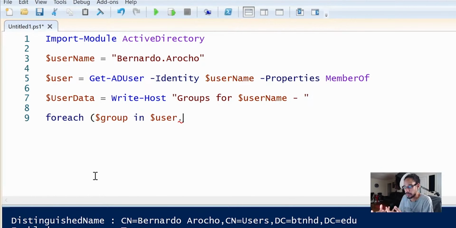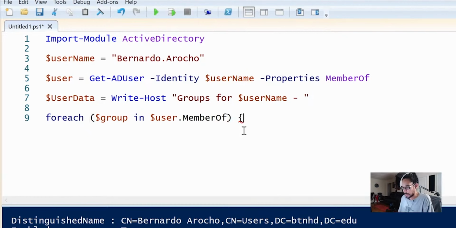For example, Bernardo.Arocho, we grab those properties, but we want to specify what we want within the properties. So to do that, we are going to do a dot, and we are going to do MemberOf, make sure you type it right, and then we're going to close the parentheses.